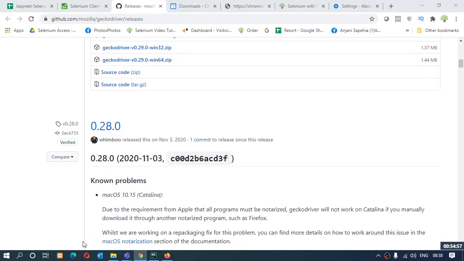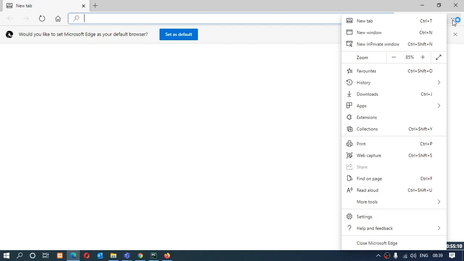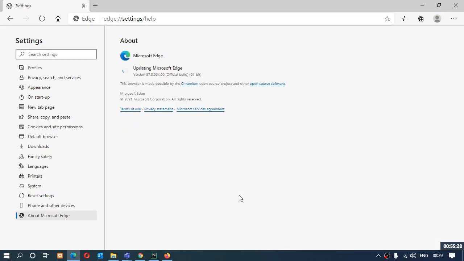So we'll open up the Edge browser and we'll look for the version, and then we'll go to the download part. So from here, go to help and feedback, about Microsoft Edge. So this is the version of Microsoft Edge that is in my system.